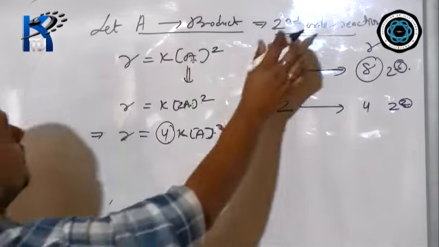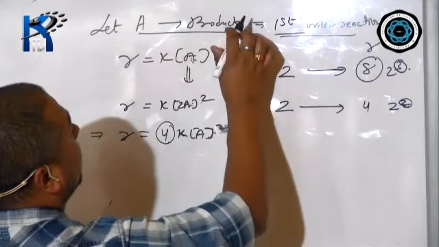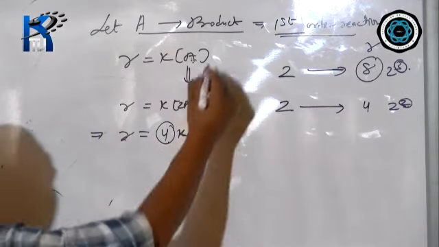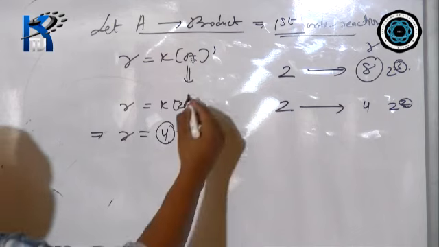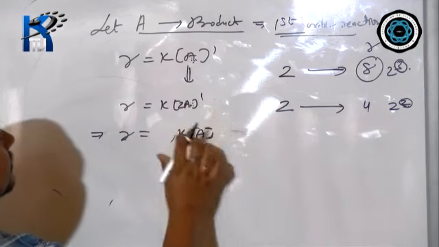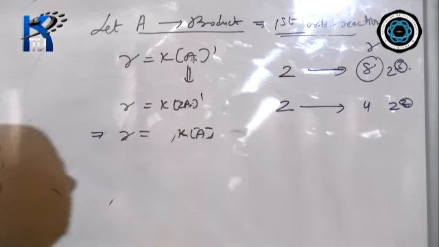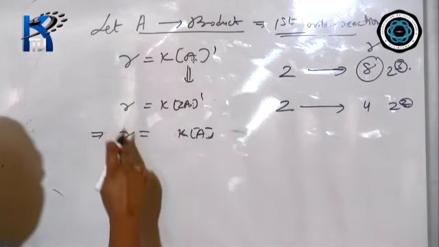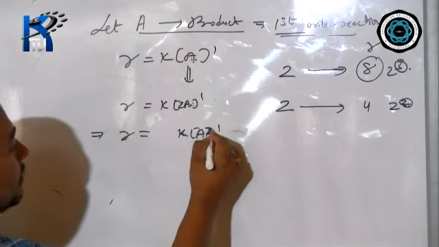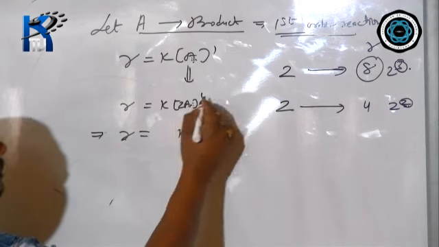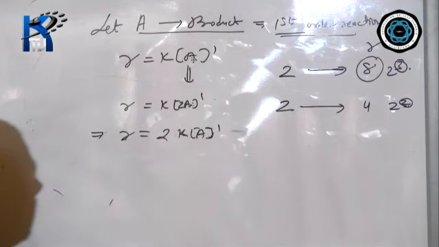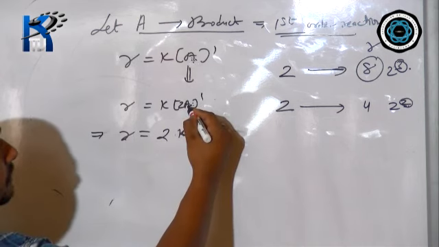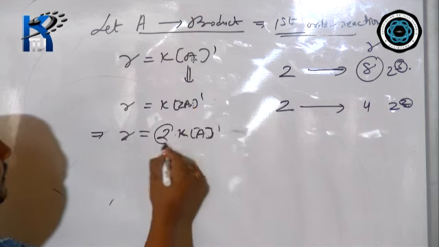Now the same reaction I am taking as first order reaction. So if I take the same reaction as which order now? First order, the power out here will be 1. Now again, if I double the concentration of the reactant from A to 2A, see what happens. R is R, K is K, A to the power 1 is the same. Now I am just taking the power out, 2 to the power 1 means what? 2. Okay. So when you double the concentration of the reactant in a first order reaction, the rate is becoming 2